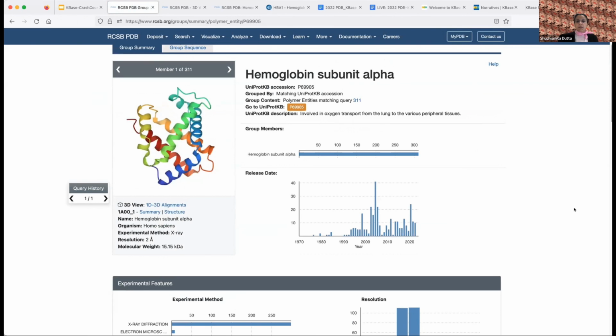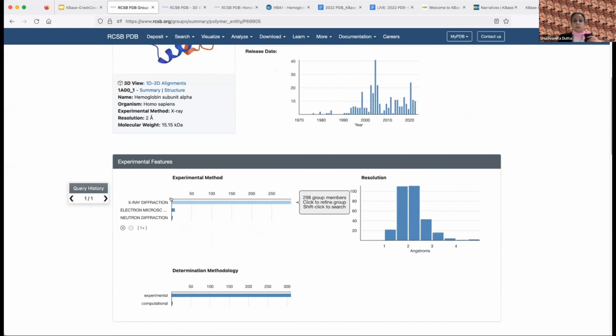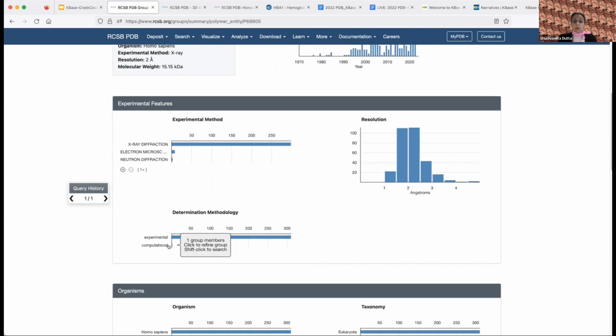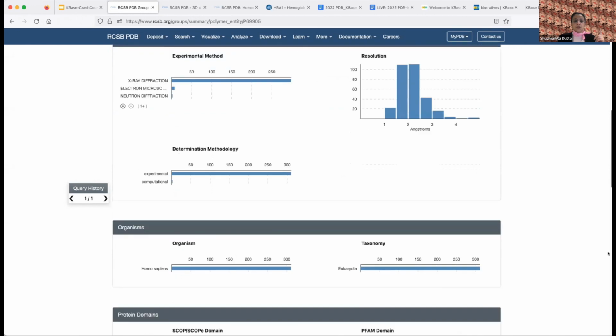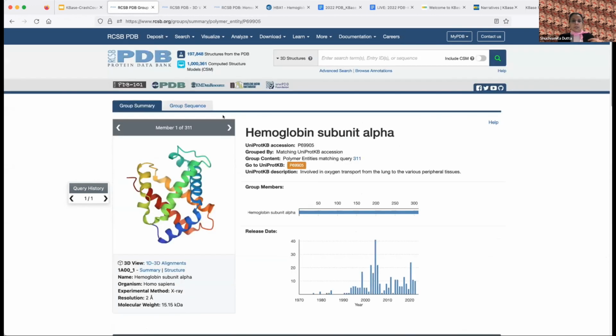It's telling me that there are 311 such structures where this particular UniProt appears. It tells you when these structures were released over time. It tells you that the majority of them are X-ray structures, some electron microscopy, neutron diffraction, one computational model structure also, and it tells you other things. What is interesting is if I click on this group sequence tab,